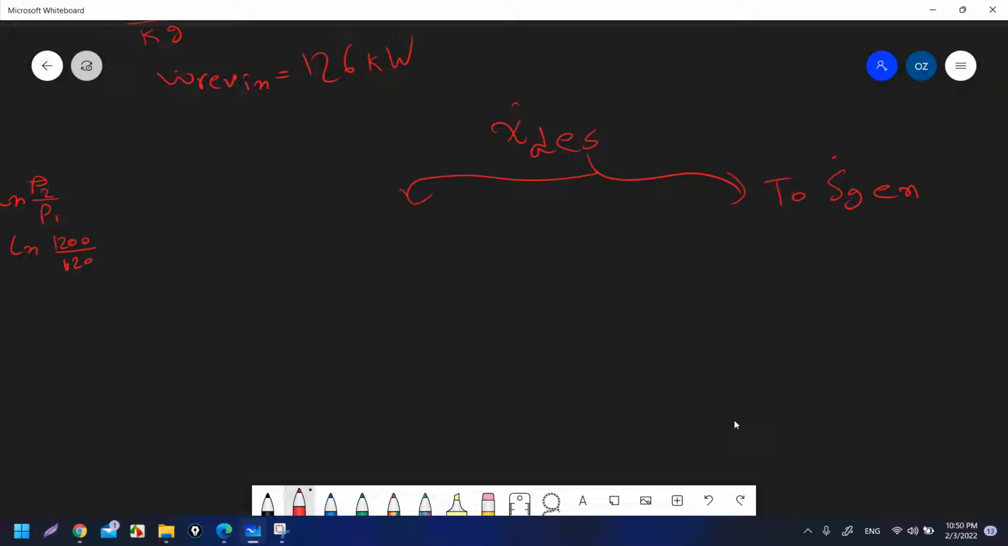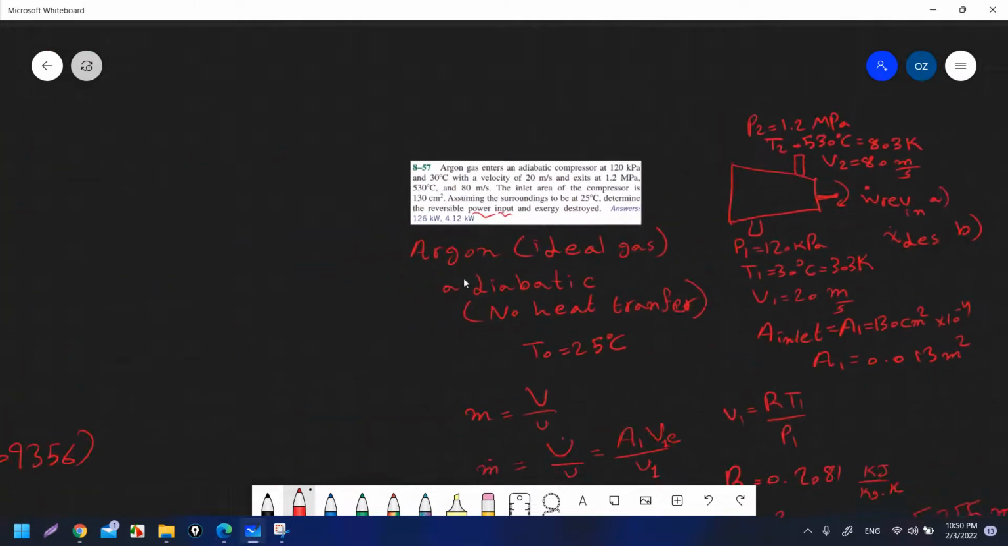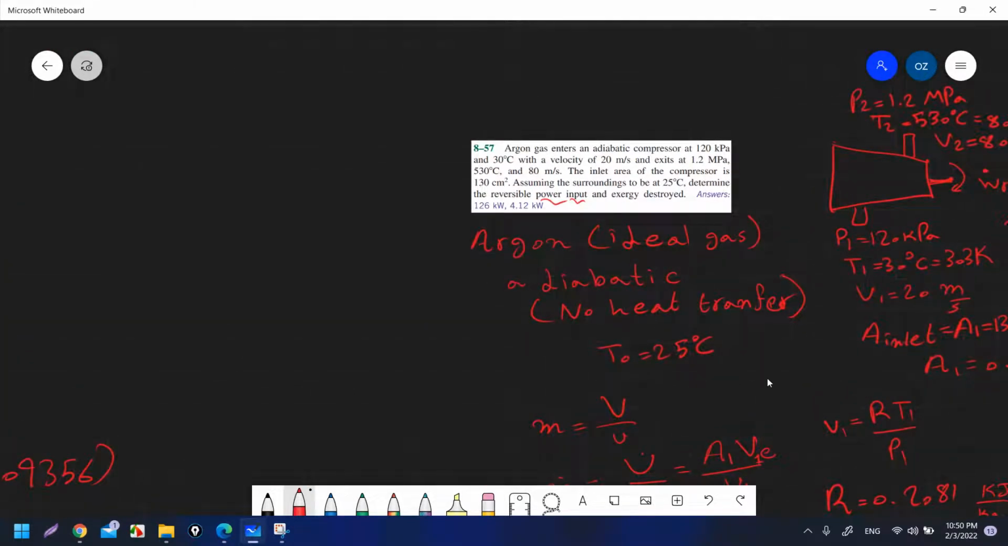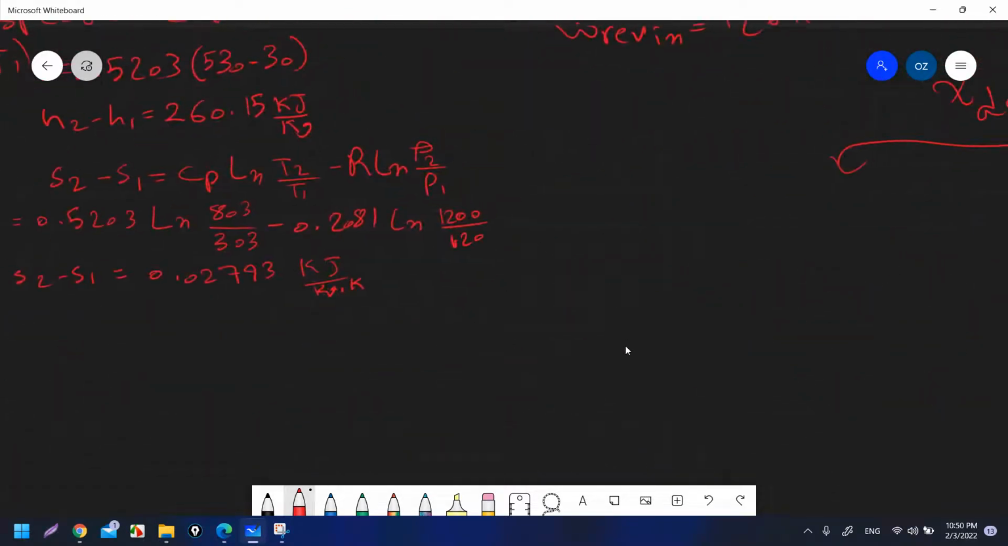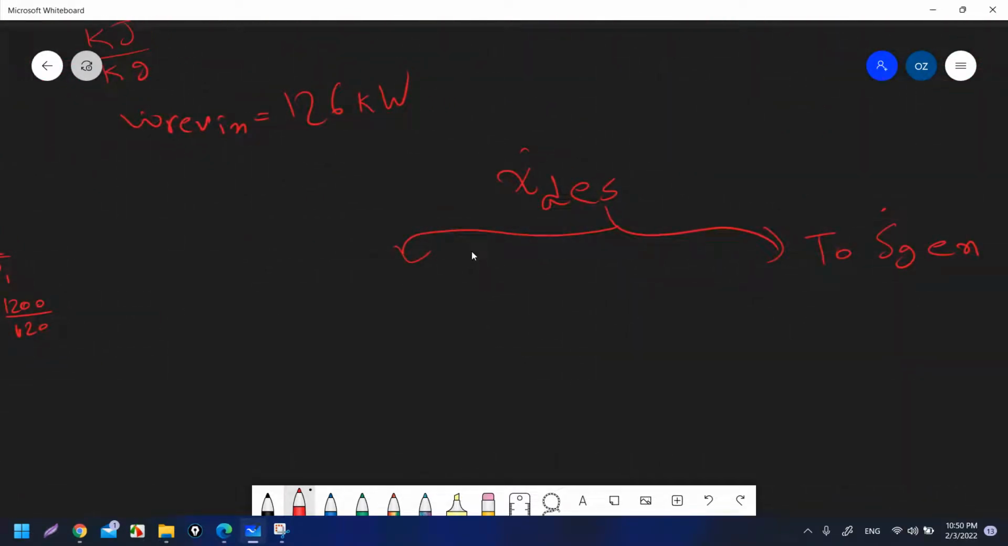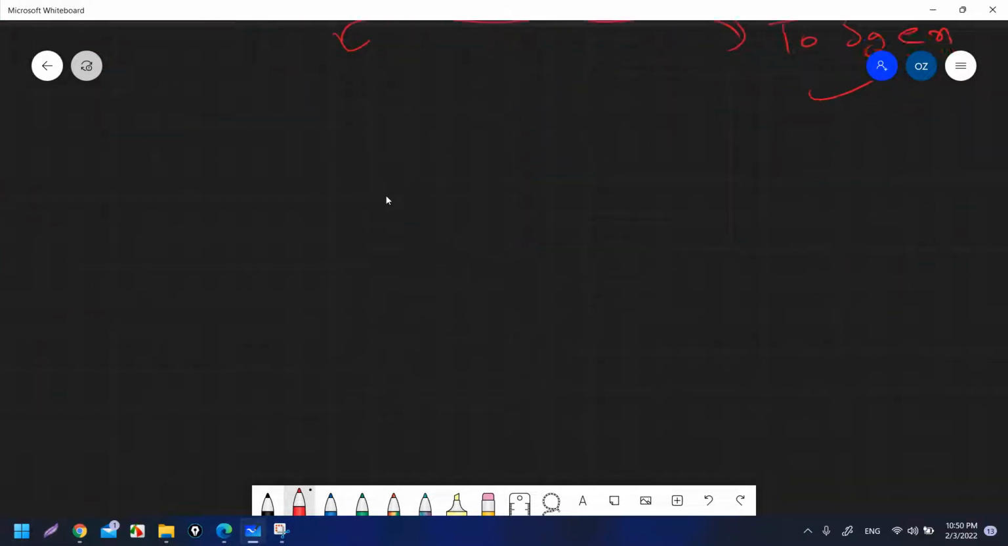Okay, and also I can use the other equation, but did he give me the useful work, the actual useful work? No, he didn't give me. So in this case you have to only use the T naught S gen. Okay, so we'll use this one this time. In the previous question we used the other one. Okay, so X destroyed